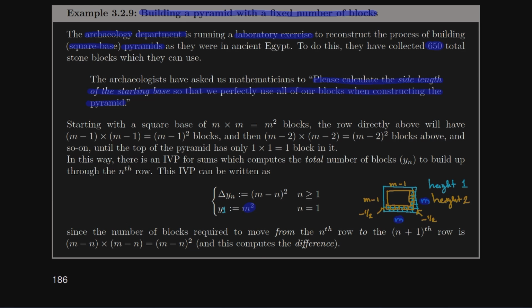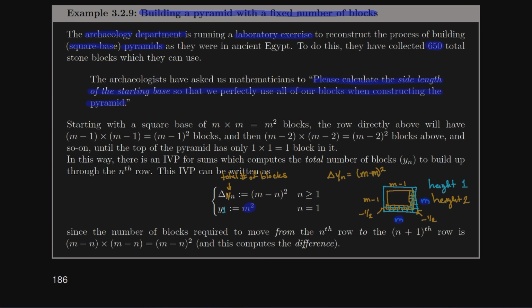Well, the change in the total number of blocks, which is going to be y, total number of blocks. Well, the change when I've moved upwards, the change in the total number of blocks, if I moved up by 1, is going to be m minus 1 squared. But if I do that again, it's going to end up being m minus 2 squared when I get up to a height of 3. If I do it again, it'll be m minus 3 squared at a height of 4. And then up to the very top where, you could call it either m minus m squared, meaning eventually after a height of m